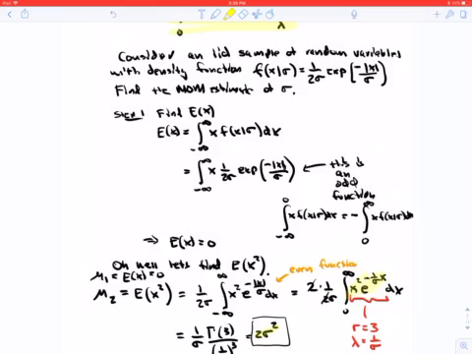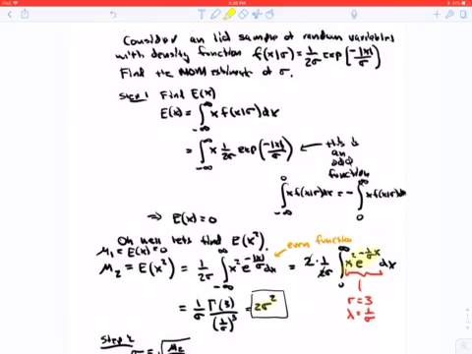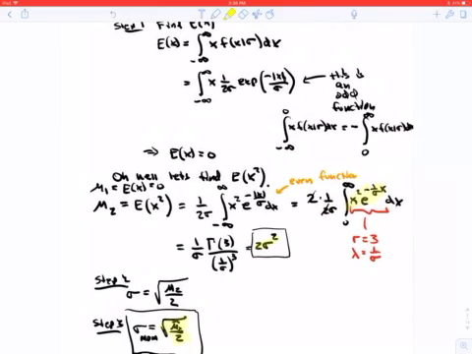Okay, so suppose you want to consider an IID sample of random variables with density function given here. Find a MOM estimate of sigma. We have one parameter here. That means we need one moment. So we're going to start with the first moment. But when we write out an expression for the first moment, we quickly realize that it is 0 because what we're integrating